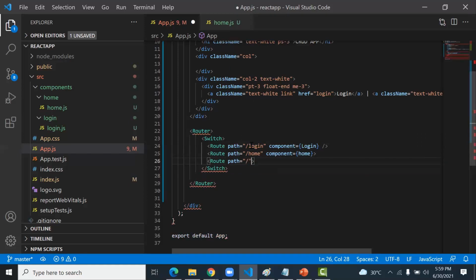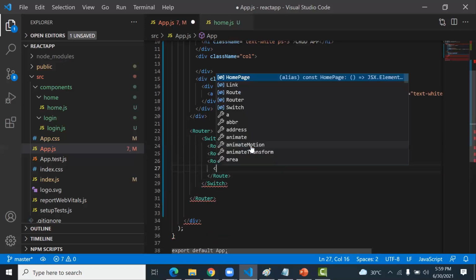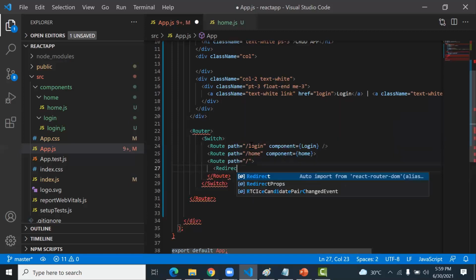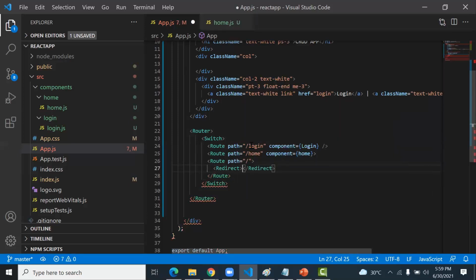So if it is empty, you write the path, complete the Route typing /Route, and in this you can type one more called Redirect. In that Redirect, you type to where? Redirect to /home. Okay, you can redirect to /home like this.